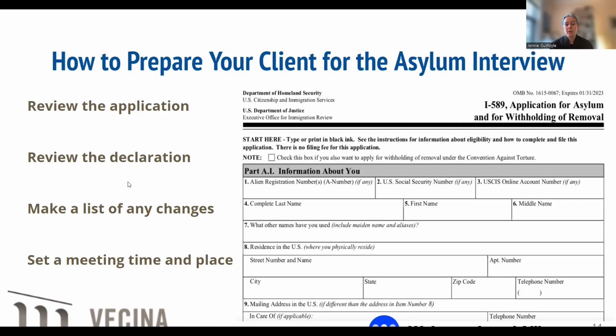It's really helpful to the officer if you make a list of those and actually provide that to them in writing. They really like that. It makes their job easier. So that's always a good way to get things off on a good foot with the asylum officer, to give them a written list, and they will not be fazed by that. It's not a problem. It happens all the time that there's small things like that that need to be corrected in the form.